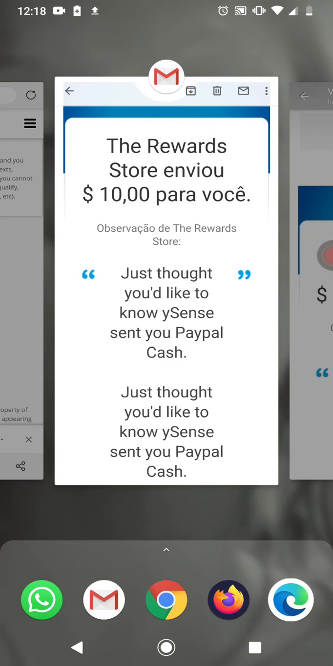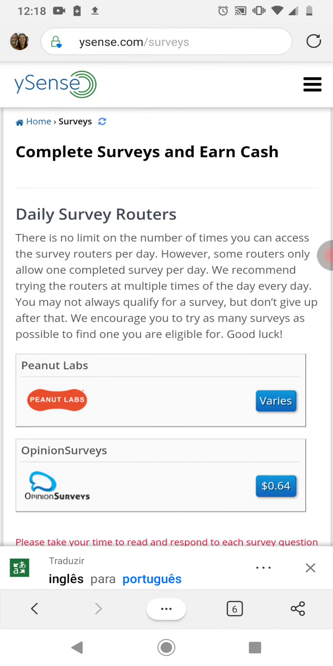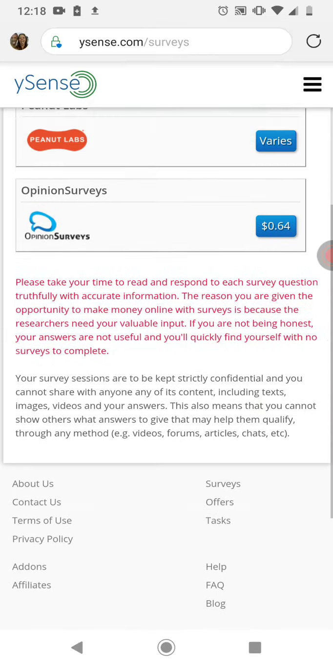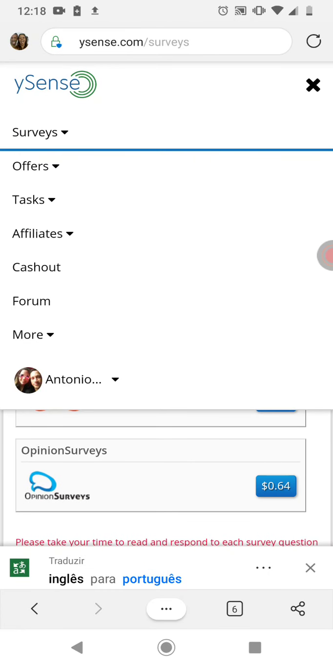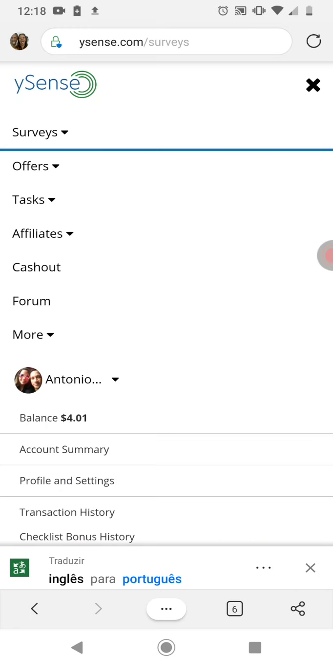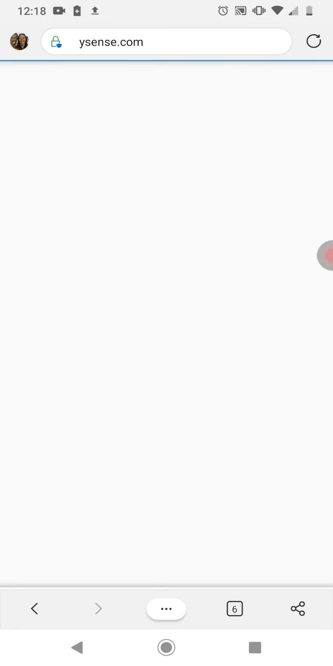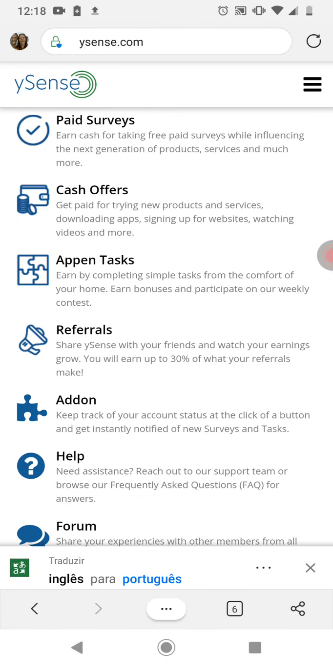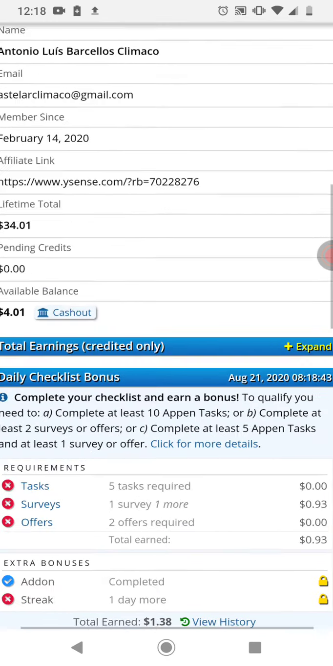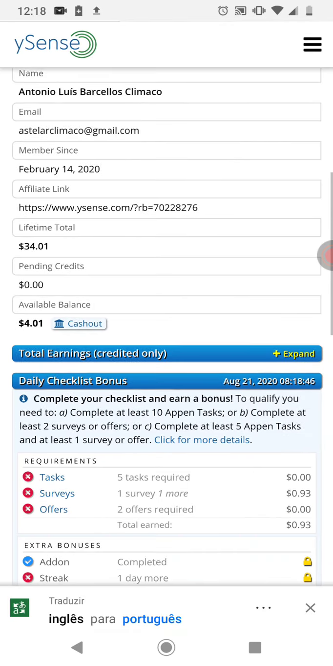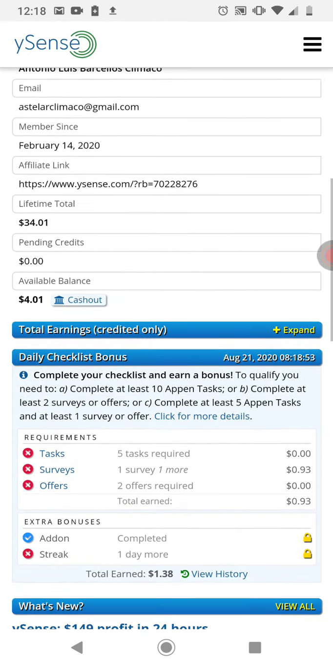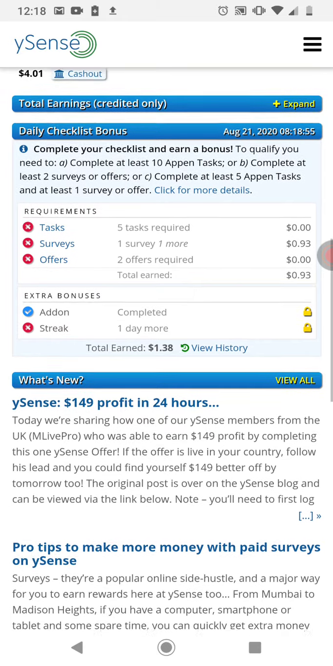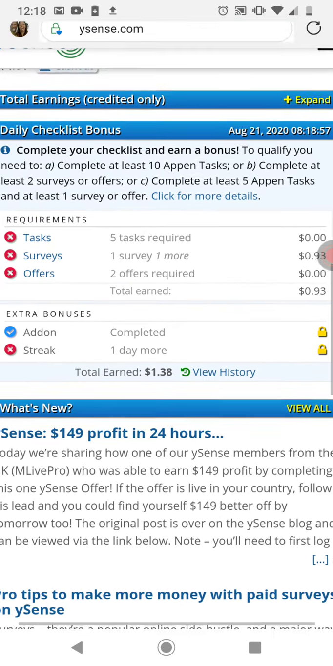I use Microsoft Edge. I use Ysense. Okay, Ysense is a really good site too. You can click here, and I will show you the account summary. As you can see, you need to complete the daily check bonus. If you complete 2 surveys on your dashboard and 2 offers, you can gain a bonus. I just made $1, so